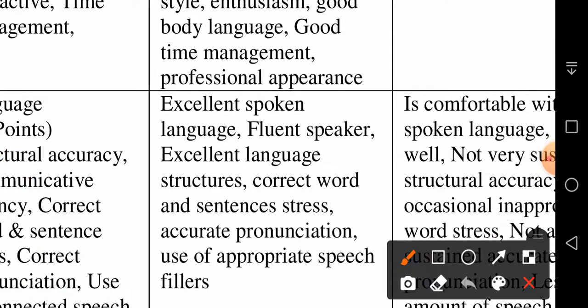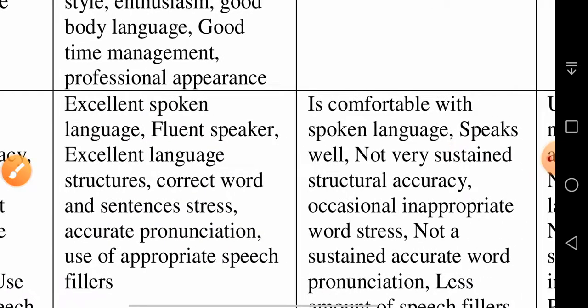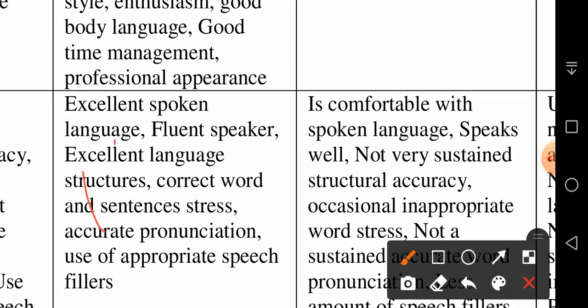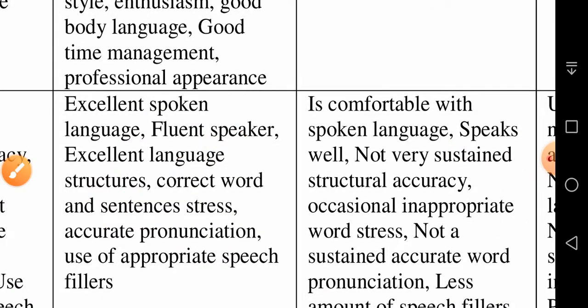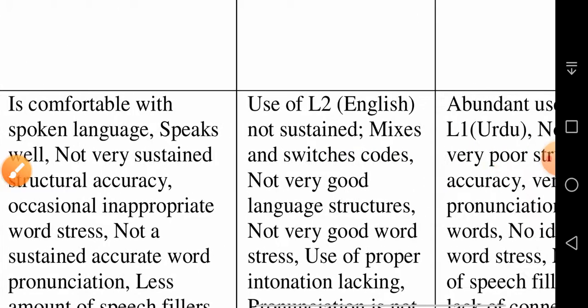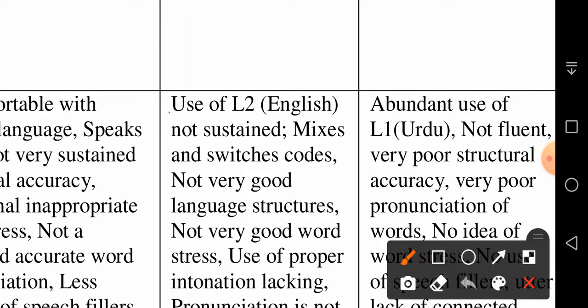So if you have excellent spoken language, you are a fluent speaker, your structures are excellent, correct word and sentence stress, accurate pronunciation, use of appropriate speech fillers, you will be given from 16 to 20 points. Now it may be that you are using Urdu, use of L2 not sustained.